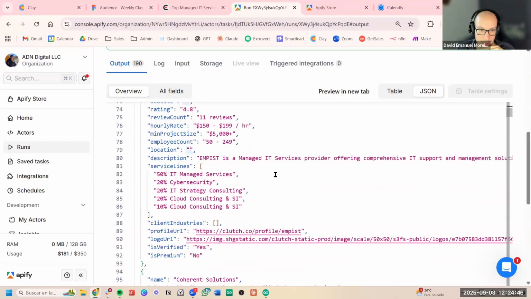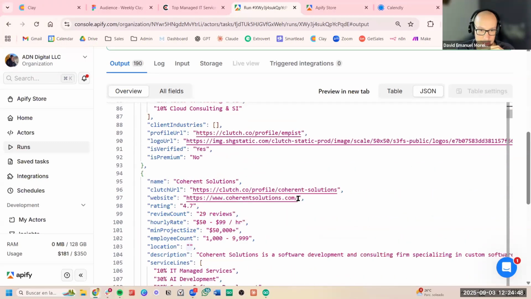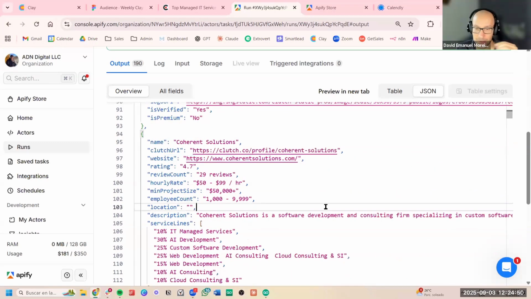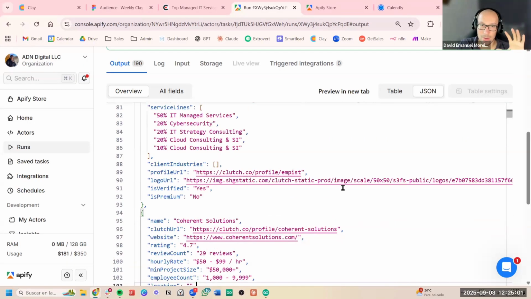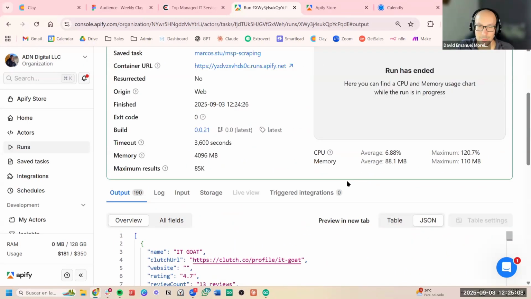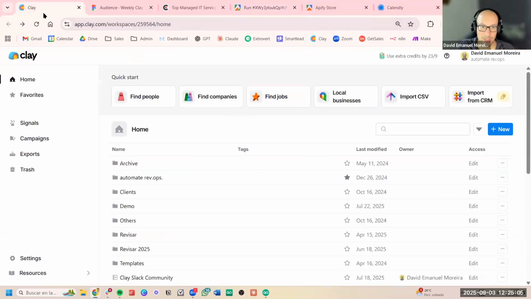So let's find another one where we have the website. In this case, we have the website. And this is really useful because we can find those SMPs and use this database to further enrich and qualify. So if we need to send that data into Clay,